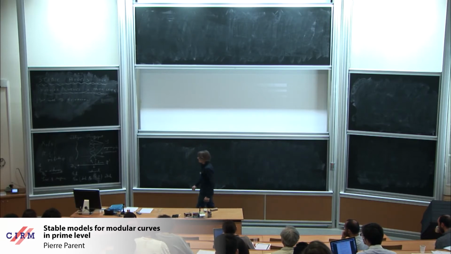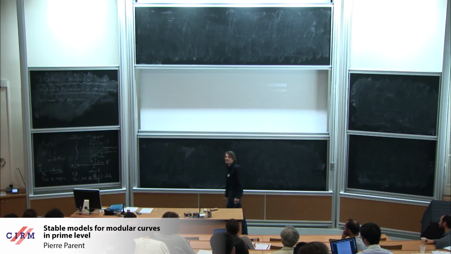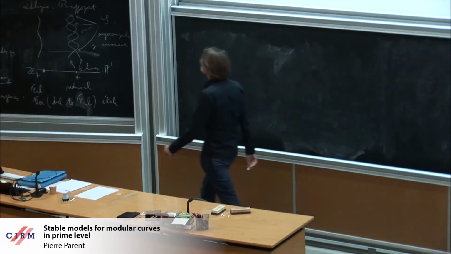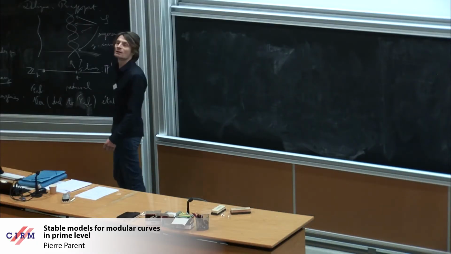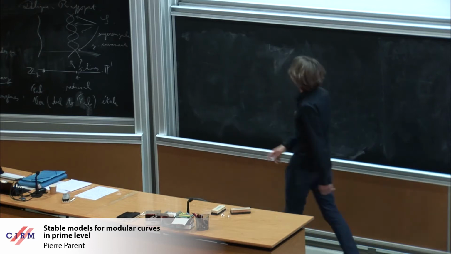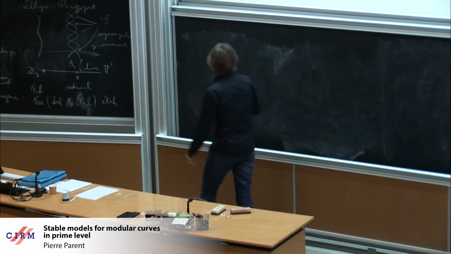Okay, and this model, this integral model of Deligne-Rapoport, has the very nice property of being semi-stable, and actually stable if the genus is not too small. If there are at least 3 crossing points, then it is even a stable model. So